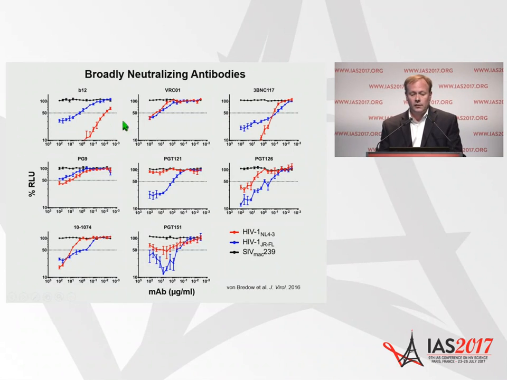These included antibodies to the CD4 binding site, proteoglycan epitopes in the V2 and V3 regions, and a proteoglycan epitope at the junction of gp120 and gp41. And we included cells infected with lab-adapted NL4-3, a virus that has lost many of the structural features that confer resistance to neutralization during passage in culture. Cells infected with HIV-JRFL, which is a tier 2 neutralization-resistant primary isolate, typical of most naturally transmitted viruses, and SIV-mac239, which we've included as a negative control.